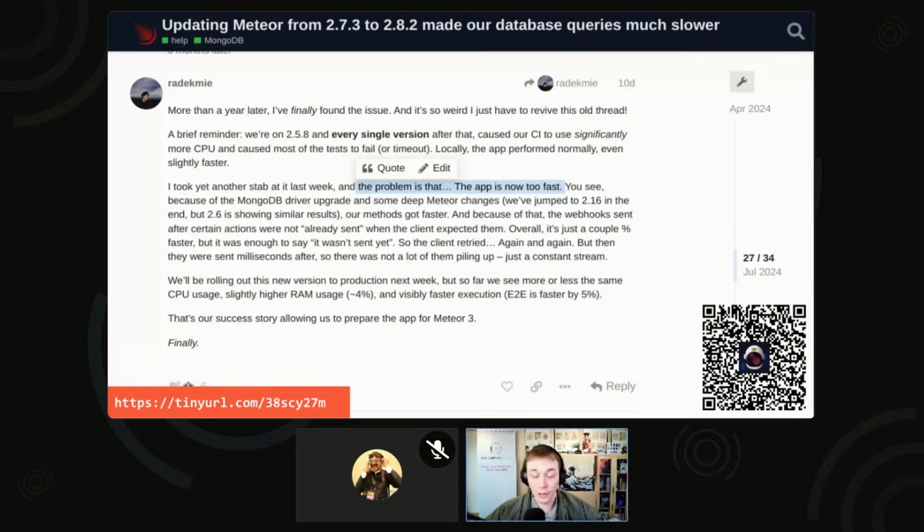that Meteor suddenly became slower, but that Meteor became faster and their CI was not, let's say, able to handle it. So the method fired, and before the CI could recognize that, there was a loader that it waited for, but the loader was shown and gone so fast that it thought it had not fired, so it started firing over and over again. Which of course flooded the server and made everything super slow. So the solution was to use the wait time and make sure that the event